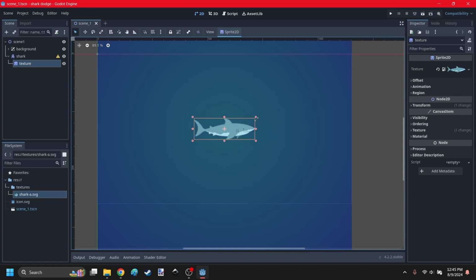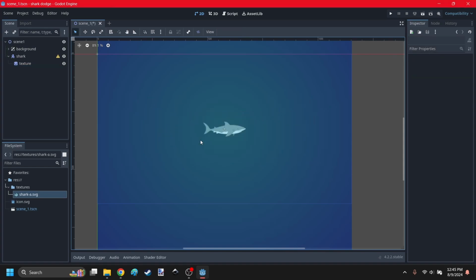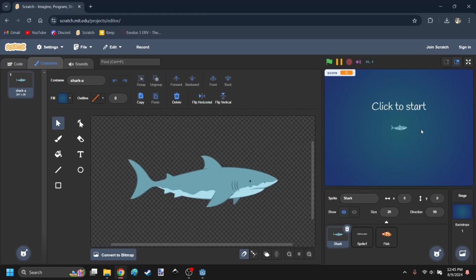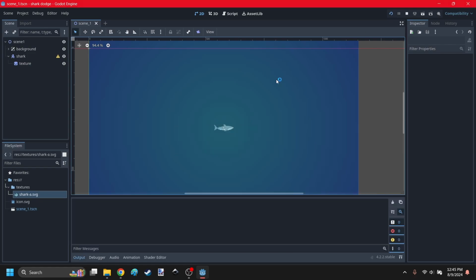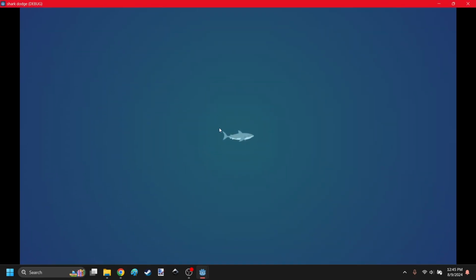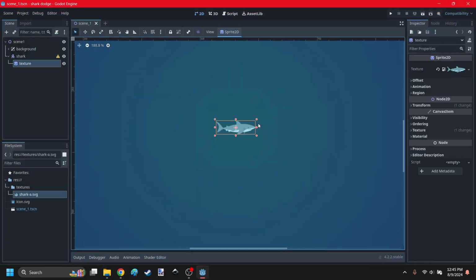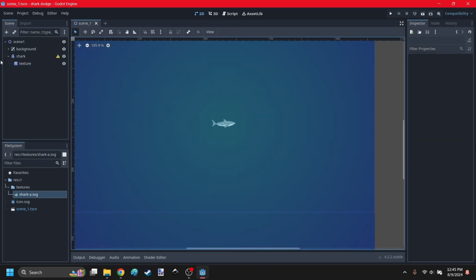Now hold Alt and Shift and just resize it to a good size. The shark is pretty small, so I'm going to make it small. Hit play. There's the little shark there. Maybe a little bit bigger. Okay, so now